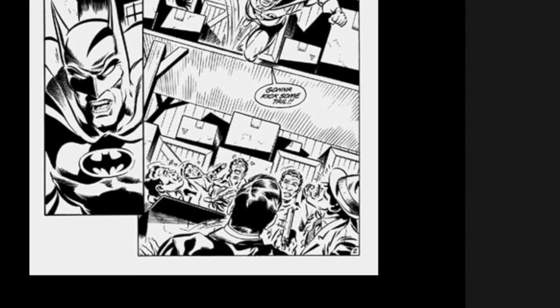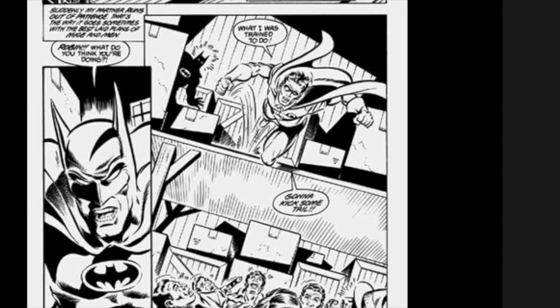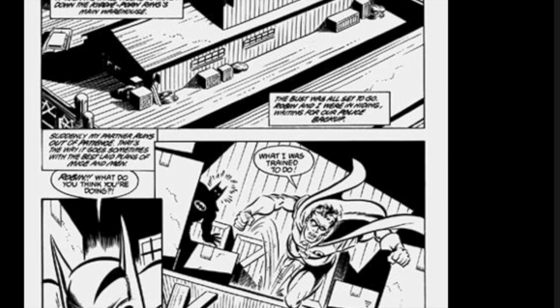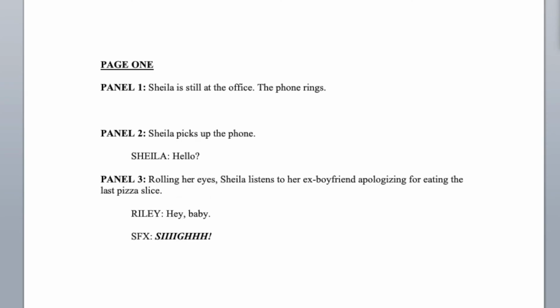Now let's talk about captions. A caption provides additional information such as location, date, time, or third-person narration. Illustrators often play with the caption's placement, shape, and size, but it's always included to let readers know something without interrupting your storytelling's flow. To include a caption, I write the tag like so. Add the colon, and insert whatever the caption will say.